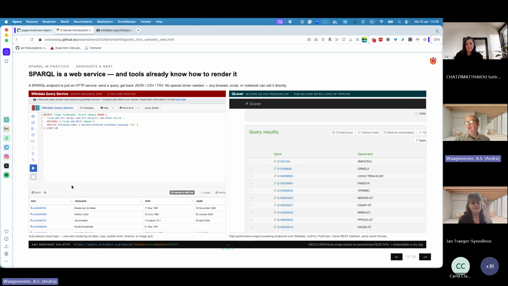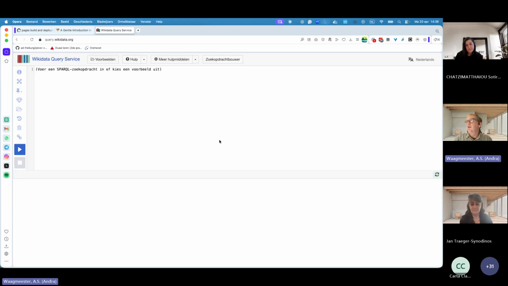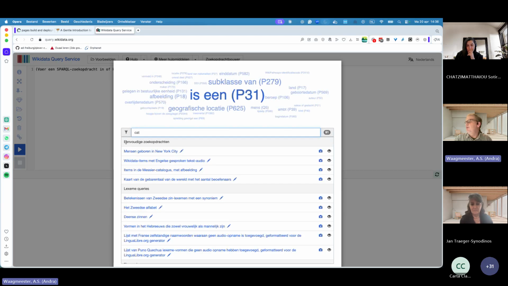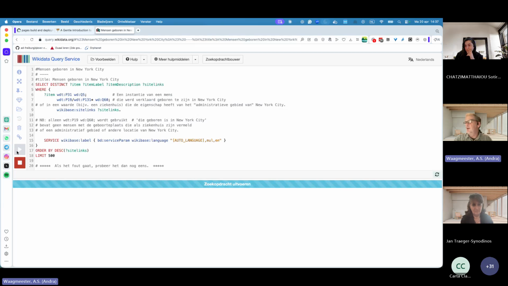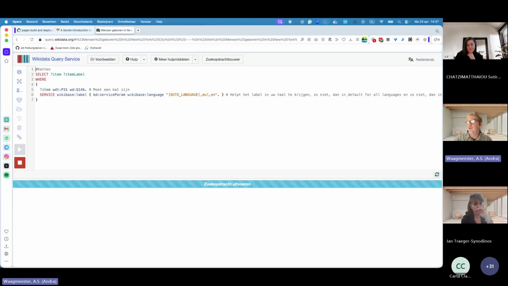Okay, so this is the basics about RDF, going into Sparkle, going into OWL, and then using LLMs to write Sparkle queries. Sparkle has another interesting perspective: you can actually use Sparkle as a web service. I haven't made it clickable, but if you go, for example, to Wikidata, I still have it here. And I do just the first, and I'm taking this query and I run it. I should never do a live version. I will take the cat one. This one is